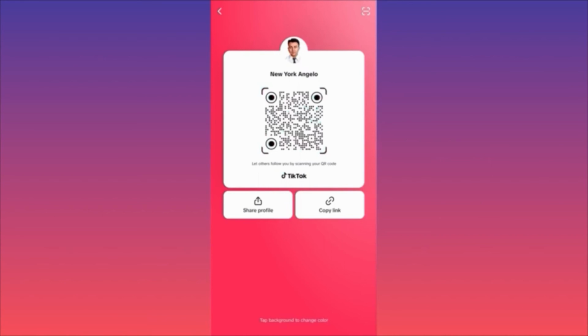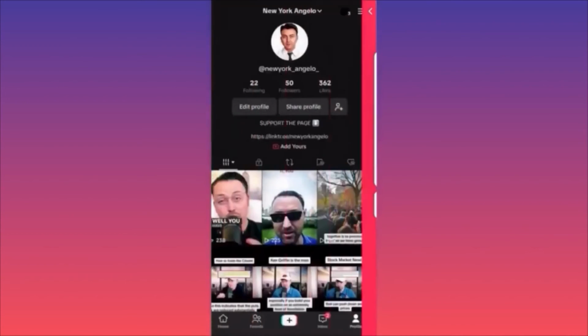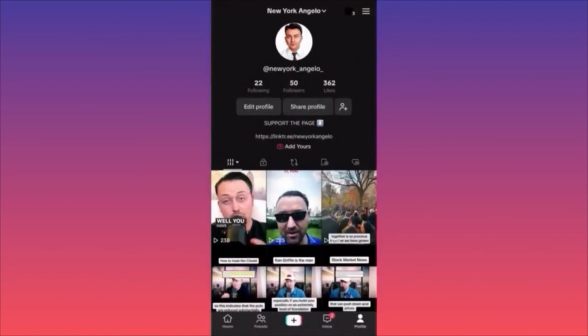The second option that they give you over here is just to copy the plain link. And the third option is to share the profile as a message. I showed you the third one, to send it as a message. So these two are coming only if you click on your profile. So if you just want to send just a link, all you gotta do is come over here on your profile and click share profile. If you want to send it as a message, it probably will be easier just to go on the previous function like I showed you and send a direct message with your actual profile.